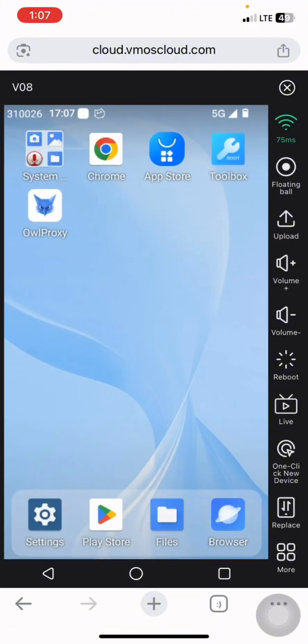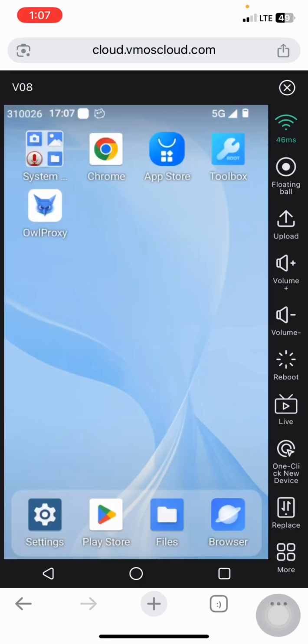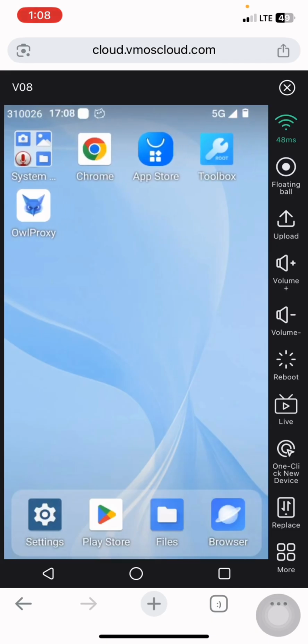If you download everything, it's going to be here: your survey app, your email, and your Outlook. Anyone that you download, it's going to be here. So you just do the registration and bring in every survey app that you want to work on. Download everything so that it will be here on your home page. So download them here. Just be operating the phone as your normal Android phone. You understand? This cloud phone is just like a normal Android phone, but why